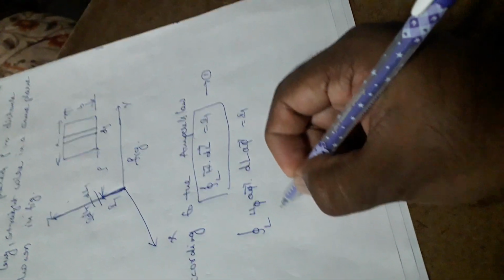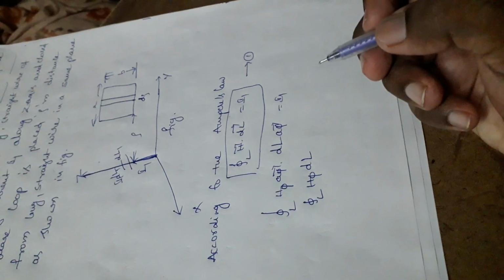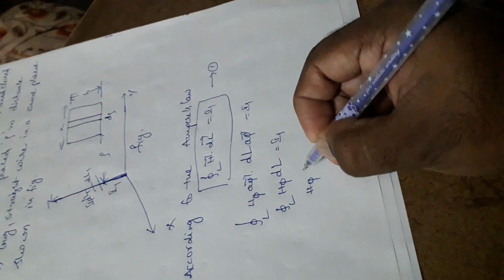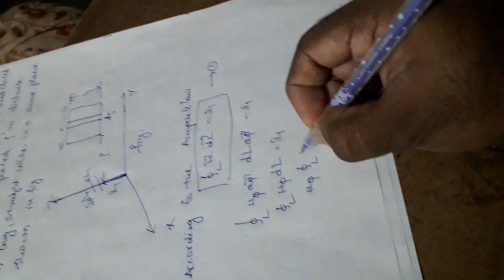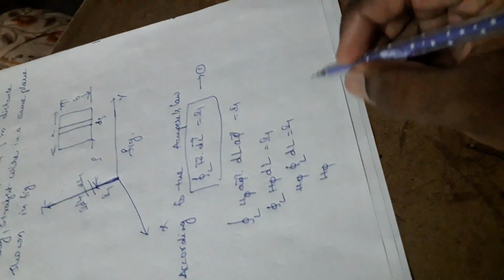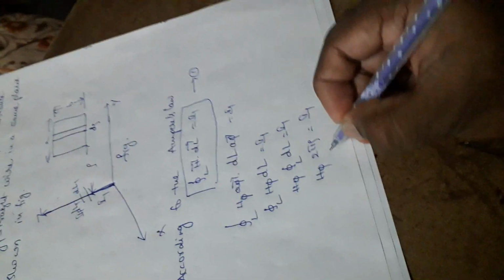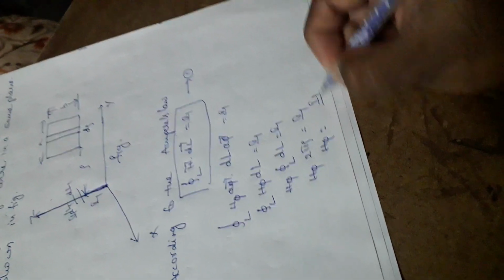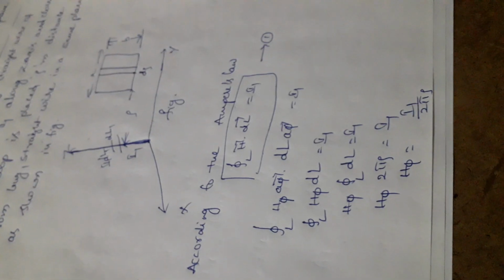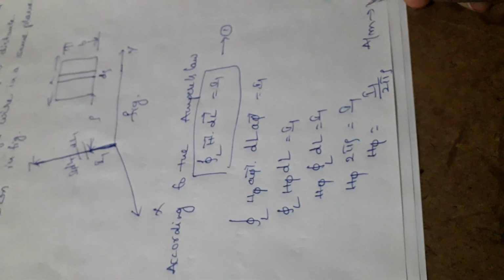So from this, the closed line integral of H phi dl, because a phi bar dot a phi bar is equal to 1, is equal to I1. Then H phi is constant, that's why it comes out of the integration. Then the closed line integral of dl is nothing but 2 pi rho, the circumference or perimeter. So then H phi is equal to I1 by 2 pi rho, which is the magnetic field intensity due to the long straight current carrying wire, in ampere per meter.